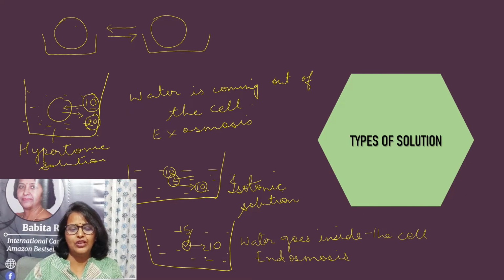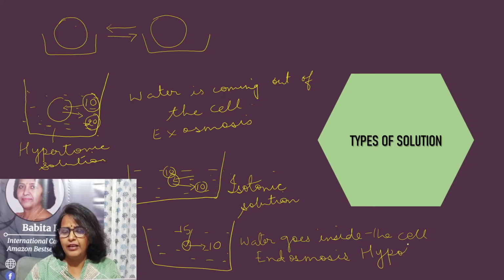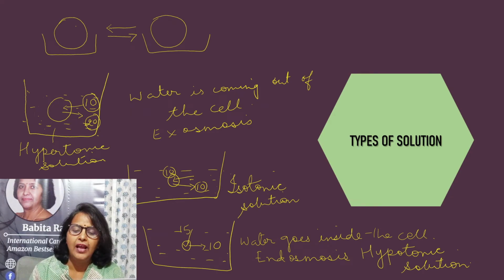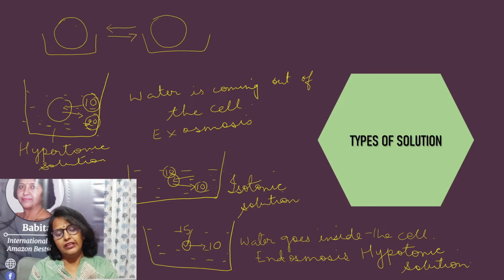And what kind of solution do we have over here? The solution that we have over here is known as hypotonic solution. So we have two processes, exosmosis where water is coming out of the cell and endosmosis where water goes inside the cell. And three different types of solutions depending upon whether the water is going inside the cell or coming